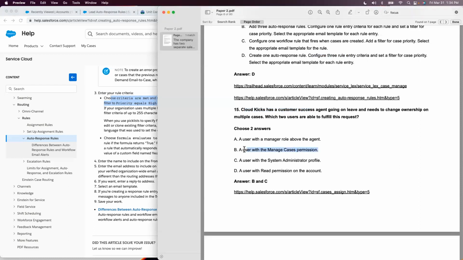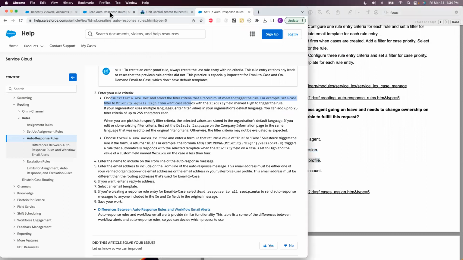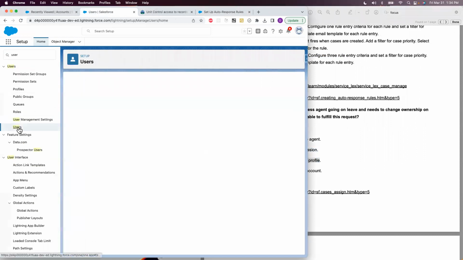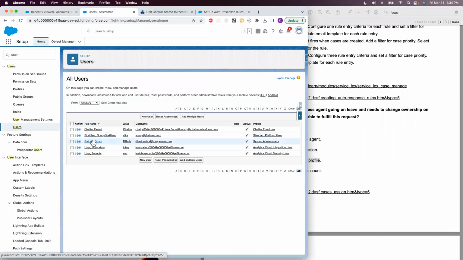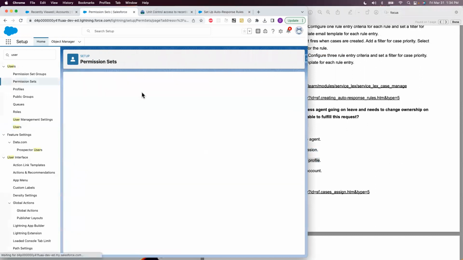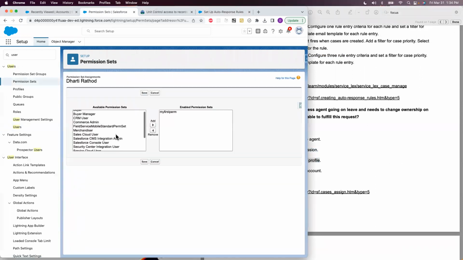So one is a user with the manage case permission set, and then second is obviously the system administrator. Where is the manage case permission set sitting? So let's do this. Say I am a user and I am also a system admin, but let's go ahead and go to the permission sets here, and there would be